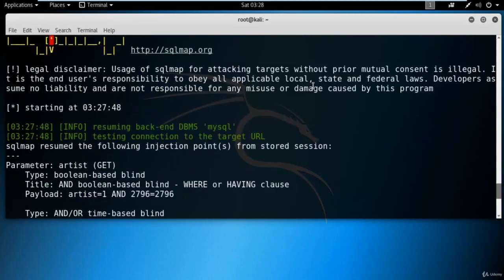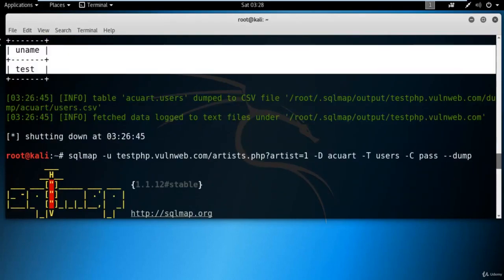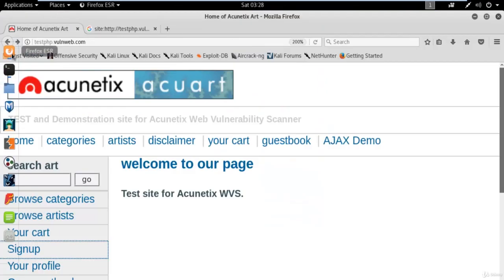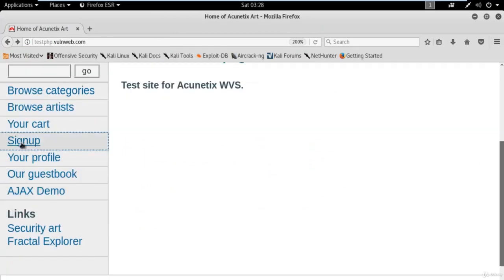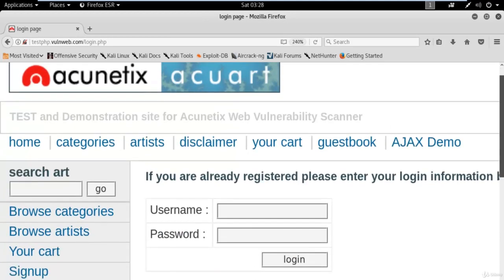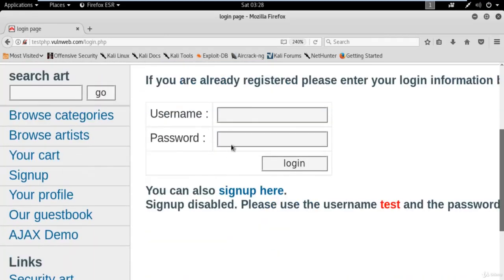Great. So we got the username, right? This is the password test, and this is the username test. So what we can do here is minimize this and open the website. In that website, on the left-hand side there is a sign up button. Click on that, and you can see there is a username and password. Can you see here? Yeah, this is the username and password panel, right? So we got the username is test, and the password is also test. You can click on login,